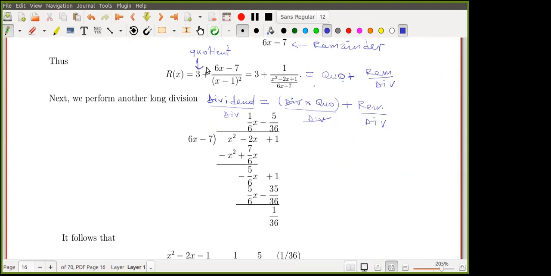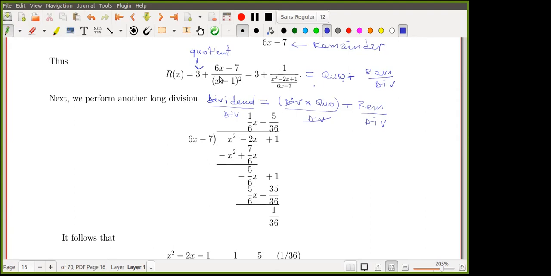You can see that this is a whole part, or it can be a polynomial itself, because remember that this is a fraction. A rational function is like a fraction, and this one is like a whole number. It can be a polynomial, and then we have another ratio of polynomials, which is like another rational function, but in this case, the degree of the numerator has to be less, right? Then it will appear in this form, the